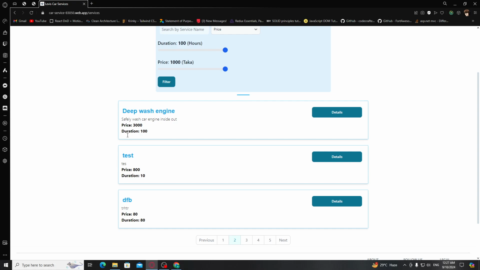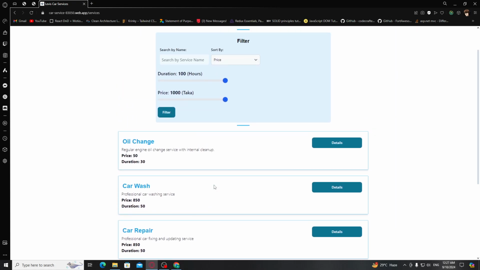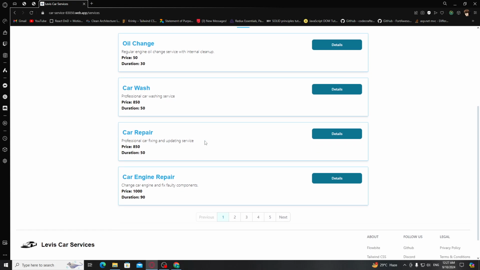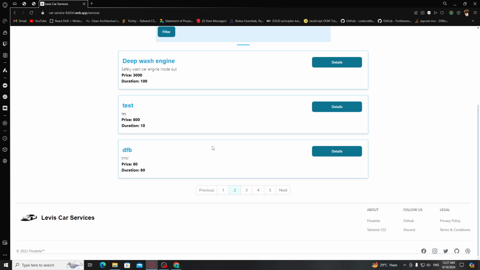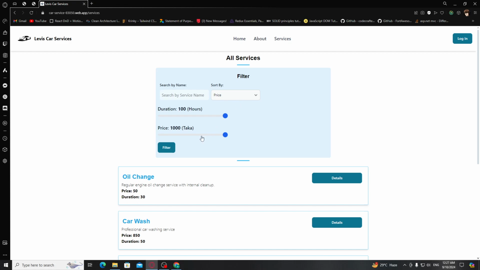I'm going to show you later how to disable these services from the admin side. From the user side and the admin side, they can see the services. And I have implemented the pagination too, and also a